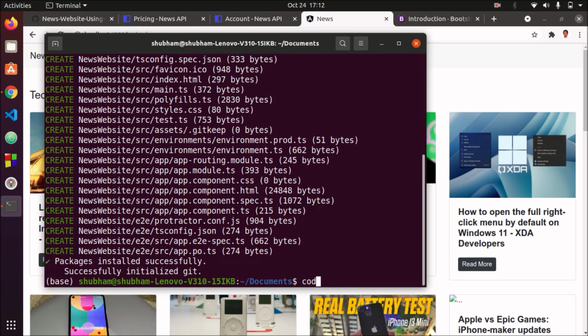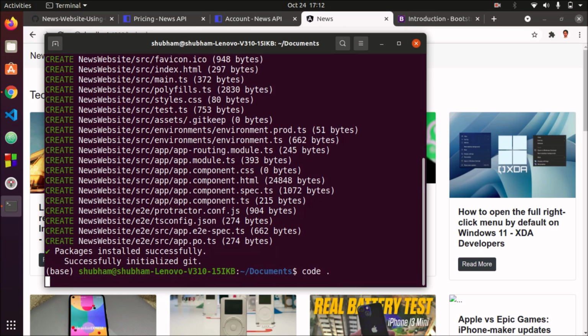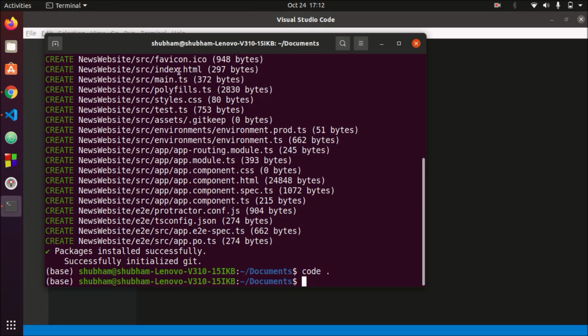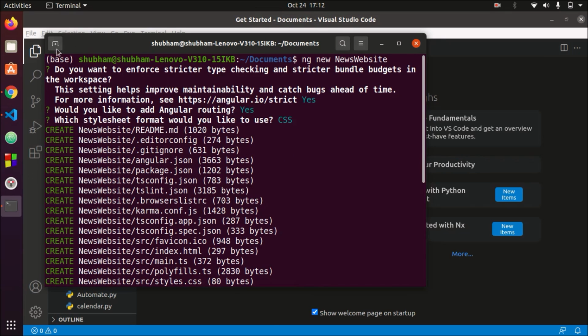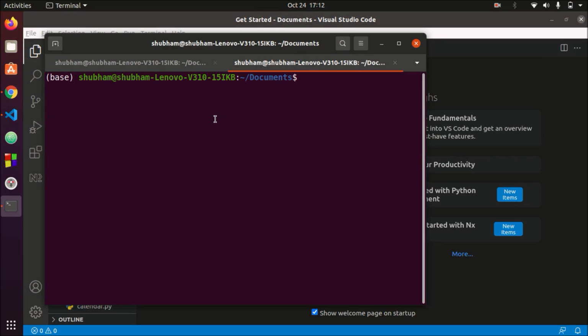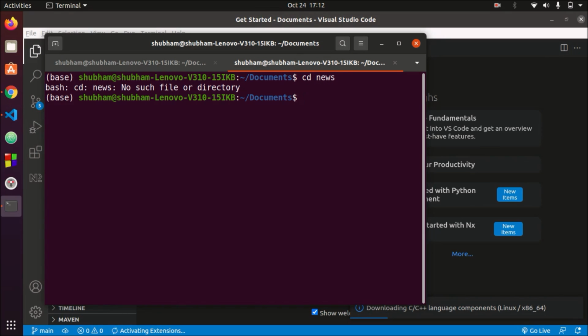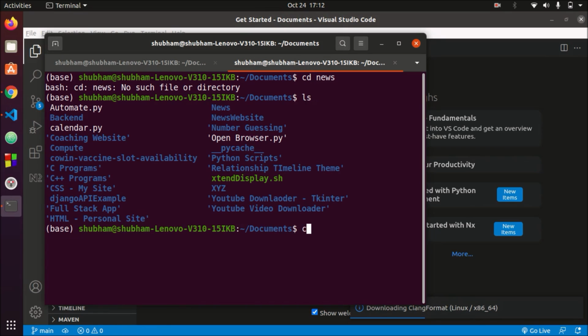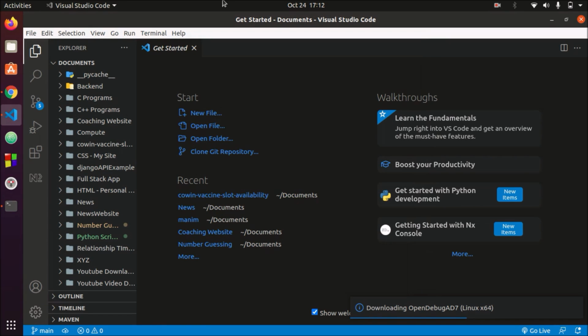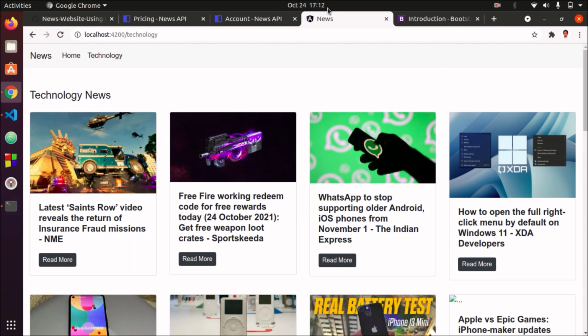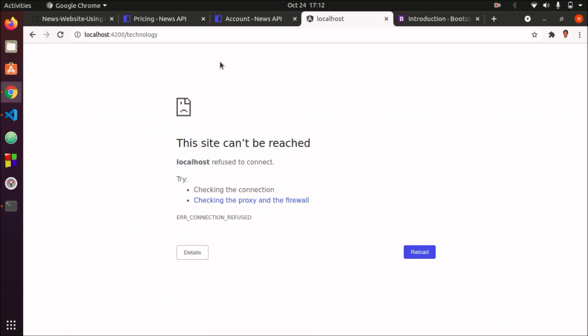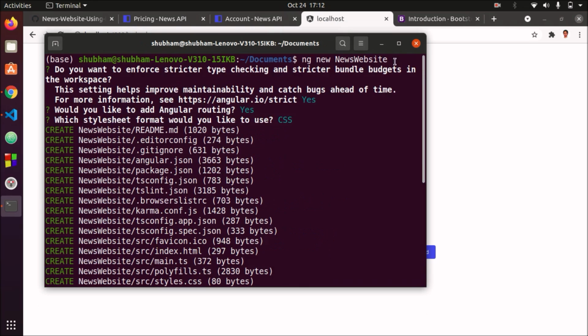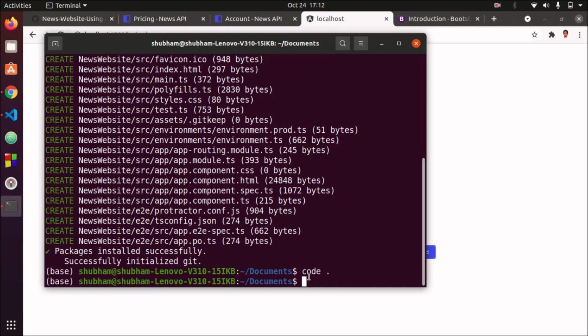Let me open it in Visual Studio Code, and let me stop the server. cd news. I hope it is stopped. Yeah, now let's run it.